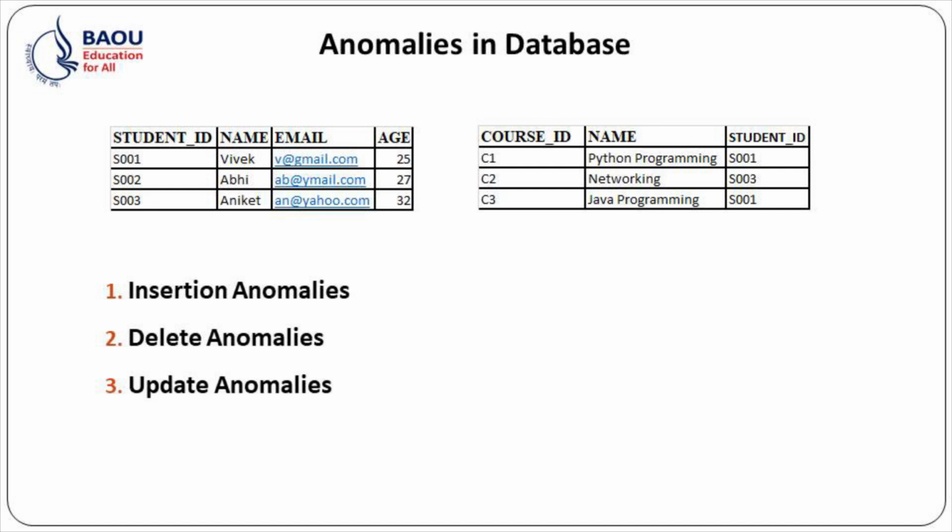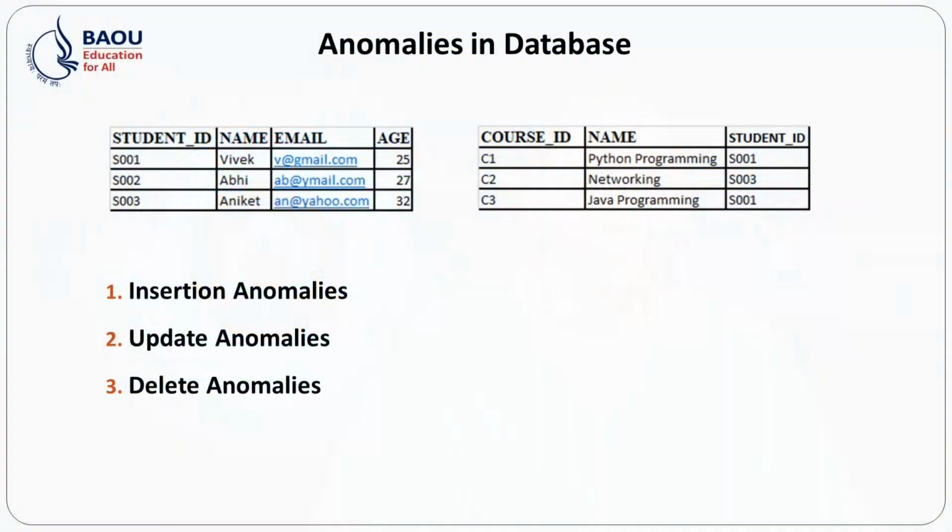If the record is updated in the foreign key table or child table, it will not permit because it is associated with the parent table. For example, if we try to update the record, student ID becoming S006 in the course table where the student ID is S003, it will not permit updating the record because it is not present in a parent table.